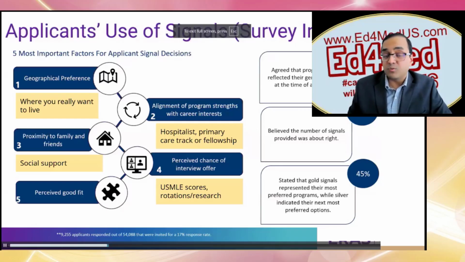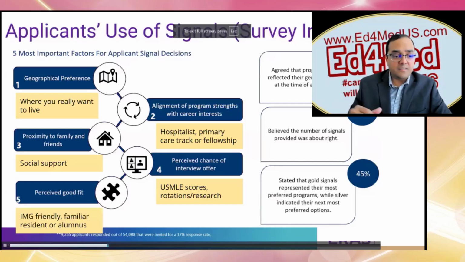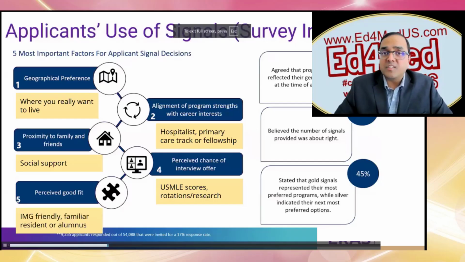Maybe they did research with someone at that institute. So that increases your perceived chance of getting an invite. And the last is the perceived good fit. So some residency applicants chose a program because they felt they would fit very well with that program. Maybe the IMG friendliness, familiar residents in the program, or having an alumni.